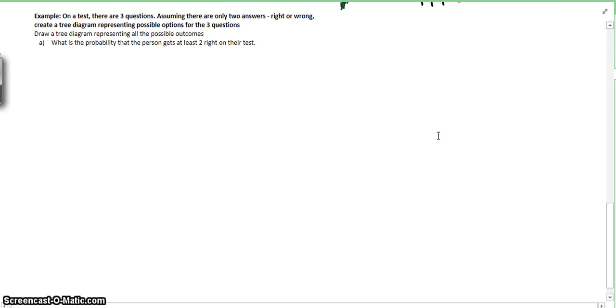So this last question is not going to be completed for you. However, it's a practice for you. I am going to set up the question for you. The question says, on a test there are 3 questions. Assuming that there are only 2 answers, right or wrong, create a tree diagram representing possible outcomes from the 3 options. So I'd like you to make sure that when you do this, you set up your first question, you write down your answer, second question,